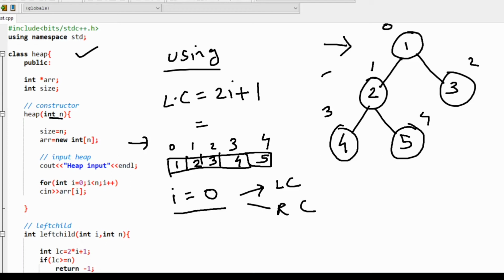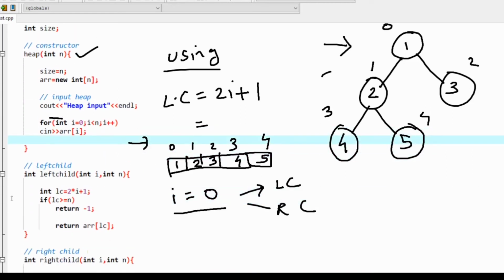Okay, so if we see this code, the left child is 2i plus 1. The value of i is 0. 2 into 0 plus 1 is 1. So the value at index 1 will be the left child node.